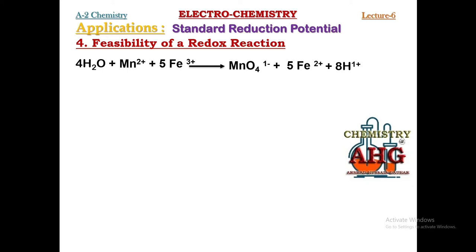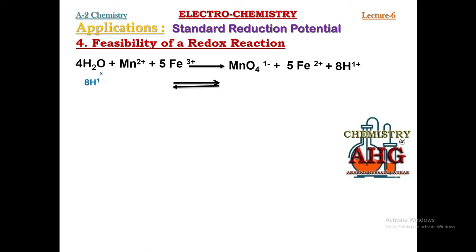From the data booklet, you will choose two half cells, and their chemical equations you will have to write down, you will have to copy on your answer sheet. Now look at which two reactions are involved in this chemical reaction. One reaction is of Mn2+ and MnO4-, and the other half cell's reaction equation would be Fe3+ to Fe2+. So you will look at the data booklet and copy the half equations for these two half cells. I am copying these half equations for you.